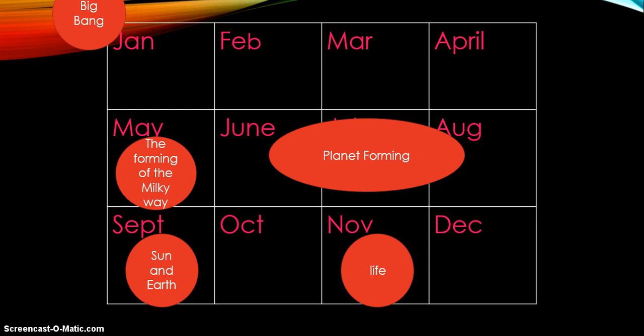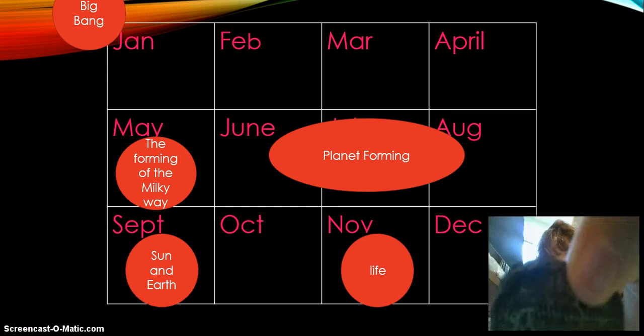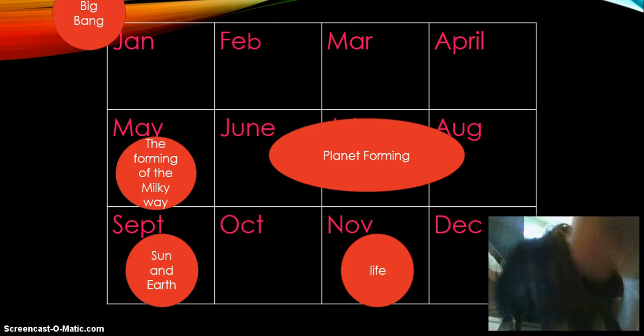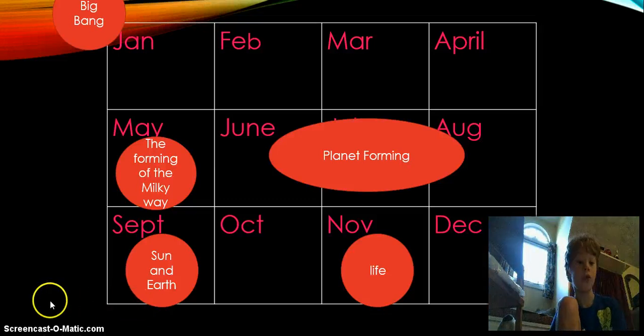I'm about to pause the video and show you, I'm going to turn on my webcam, and I don't know if I can, but I hope I can. Yeah, I can turn on my webcam and you can see my trilobite. And there is a little creature inside there that was the first creature ever. So I'm going to pause the video a minute. Alright, so there it is. That's my trilobite. And see that little creature in there? That is the first creature that we know of that lived on planet Earth. Kind of cool, right? So that happened somewhere in November.